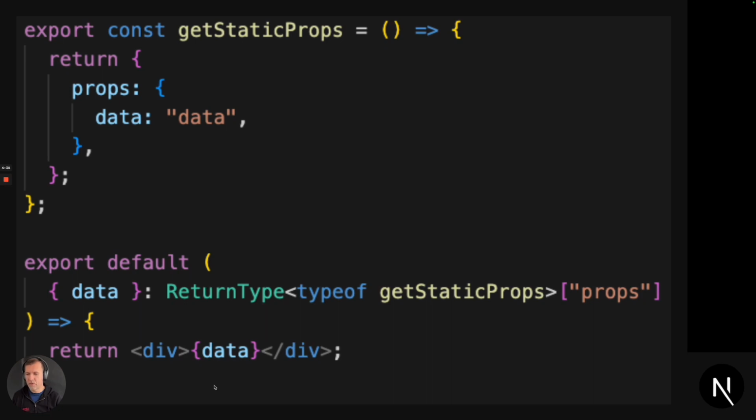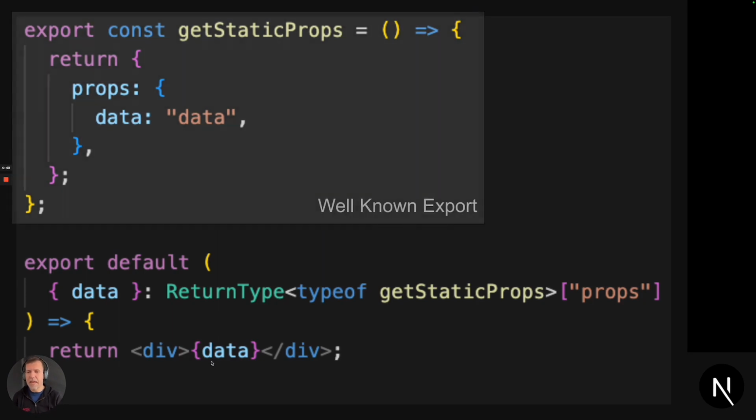Whereas this piece of code over here executes in both places, server and client. That's the isomorphic portion of the code base, right? Because when you're doing server-side pre-rendering, the component executes on the server. But when the component wakes up on a client after the hydration, this piece of code actually runs on the client. And so the way this works is that this particular thing is a well-known export. Meaning, if you look for who refers to getStaticProps, if you go to your IDE and ask for references to it, you will find that actually there is no reference.